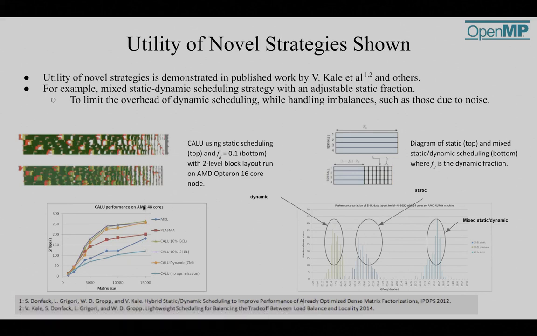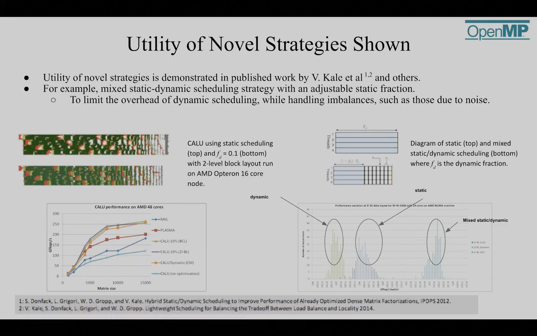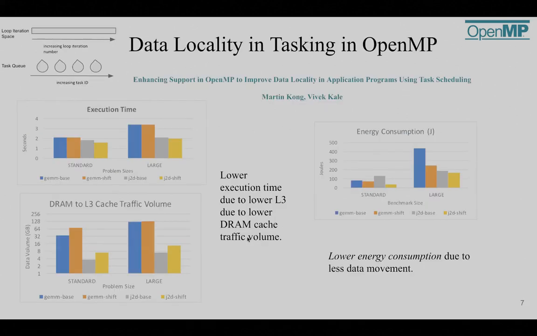We also see in the results on the right, that is the histogram diagram, that the performance variability of using a mixed static dynamic scheduling scheme is reduced, and that improves the scaling when you run this code on millions of nodes. A paper was published on this work with my collaborator, and I've shown the citation here. With that, we